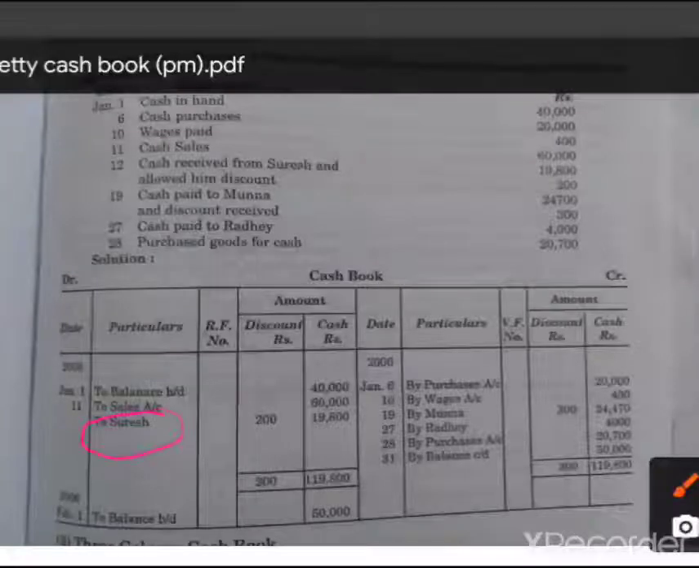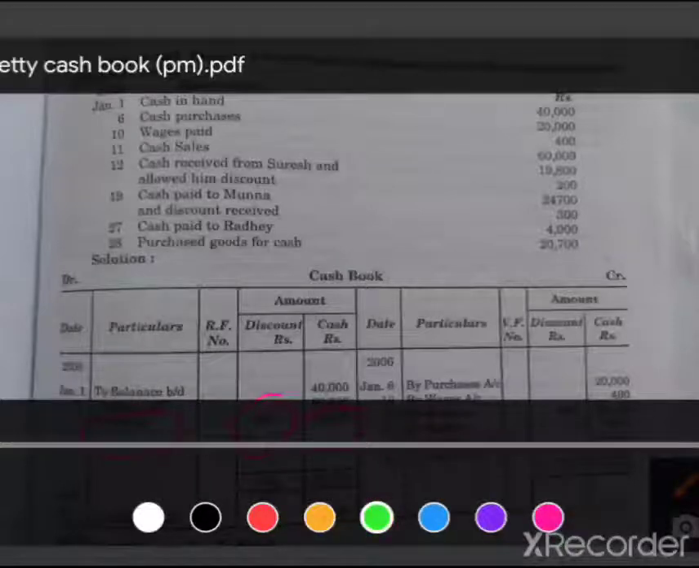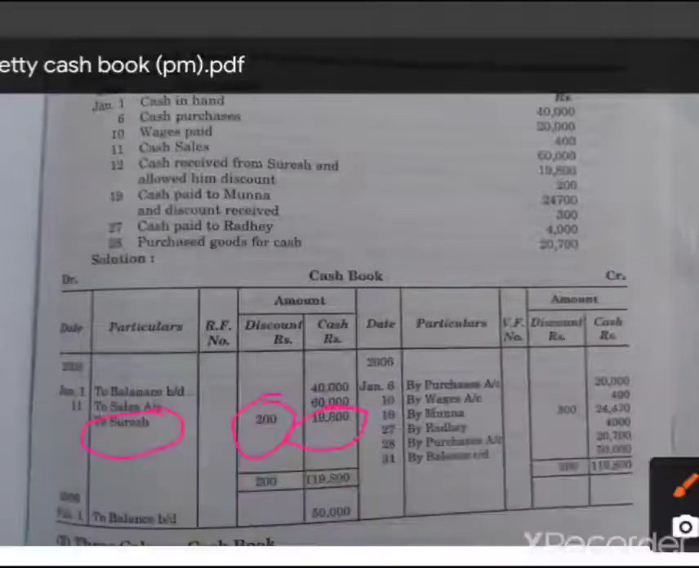So cash is debited by the amount 19,800, that is written cash account debtor to Suresh account. So 19,800 is written. At the same time, the 200 rupees discount is written in the debit column when discount is allowed. And discount received, here you can see in this transaction of 19th,